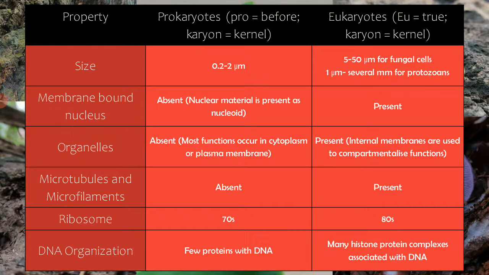And when we see the DNA organization, both of them have DNA as their genetic material, but in the prokaryotes, there are very few proteins that are associated with the DNA, histone-like proteins. Whereas in eukaryotes, there are many histone proteins which form complexes to give us the chromosome, which is absent in prokaryotes. So these are some of the differences which we'll be looking at in detail in the upcoming